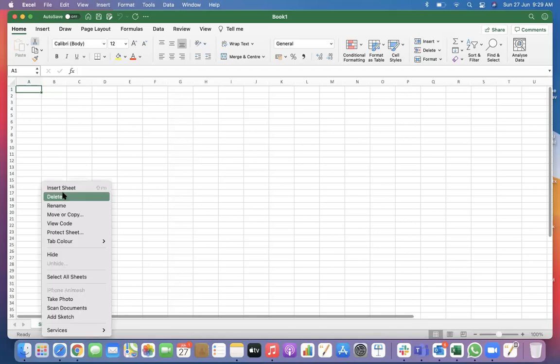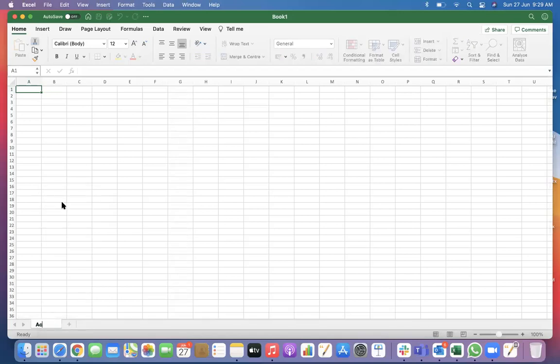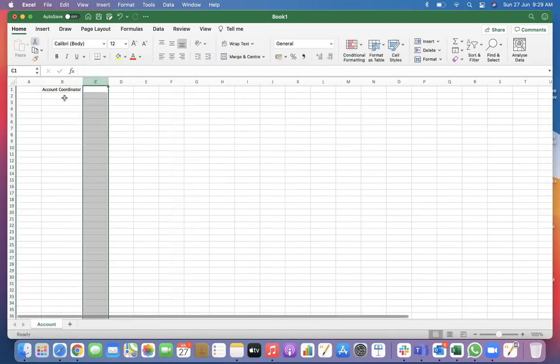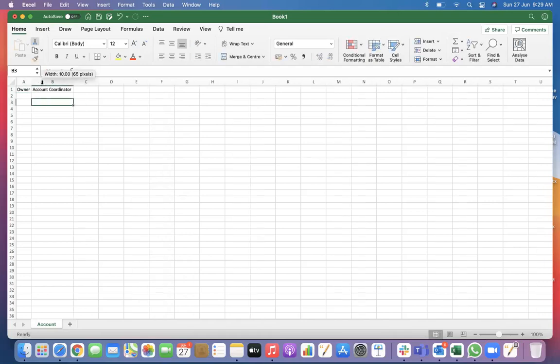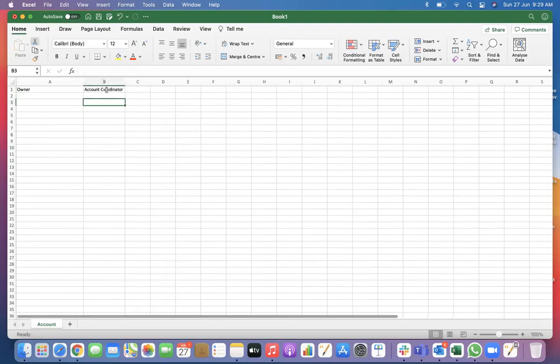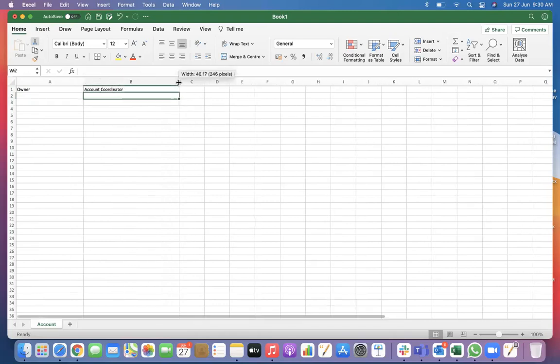So I have an account record, account object, right? Here I have created a lookup field. It's called account coordinator. And what I want to know was that this is a user lookup field, and I can select any user here, right? Whenever the owner is putting anybody in this field, that person should start seeing that account.